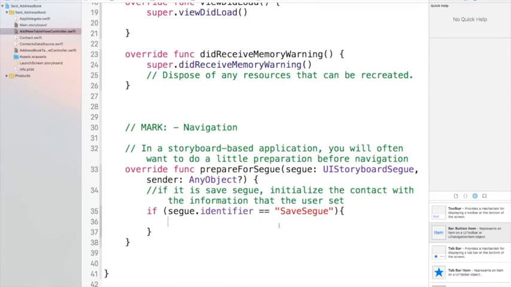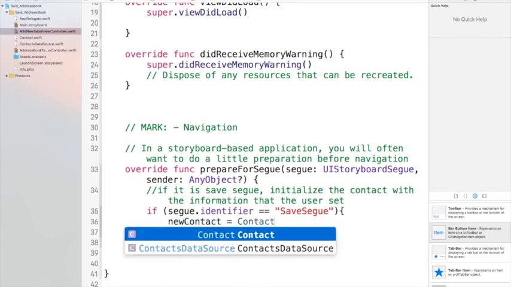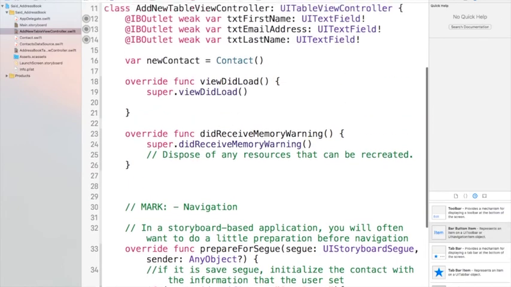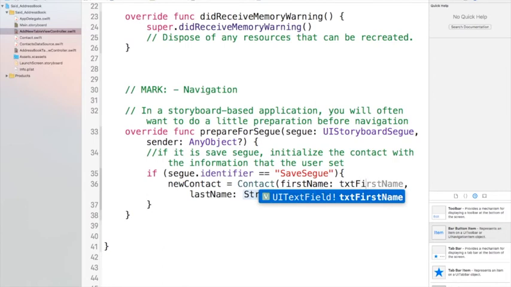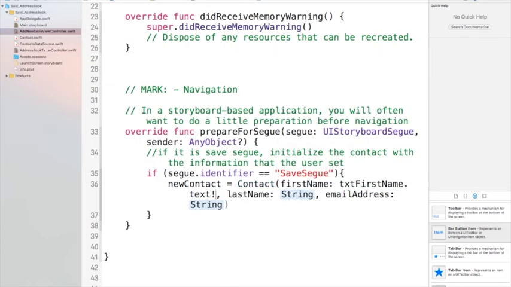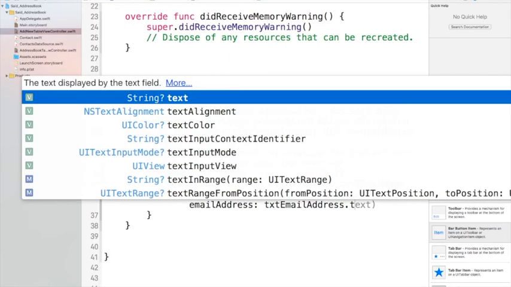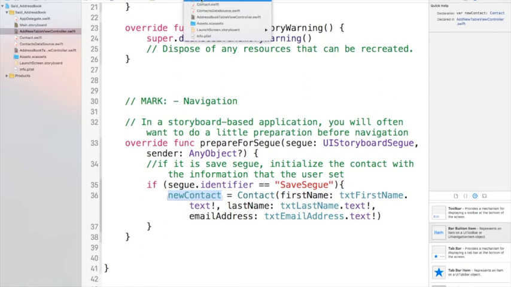So if it's a save segue, we want to retrieve the first name. So we'll say the new contact. We're going to change the new contact to be a new contact initialized using first name, last name, and email. So where do I get the first name, last name, and email? I get them from the text first name, text email, and text last name. So I say text first name dot text, and then I need the exclamation mark, text last name dot text, and the exclamation mark, and then text email address dot text, and the exclamation mark. So that assigns, if the segue is a save segue, now my new contact has the information that the user entered. So I can switch back to the address book,